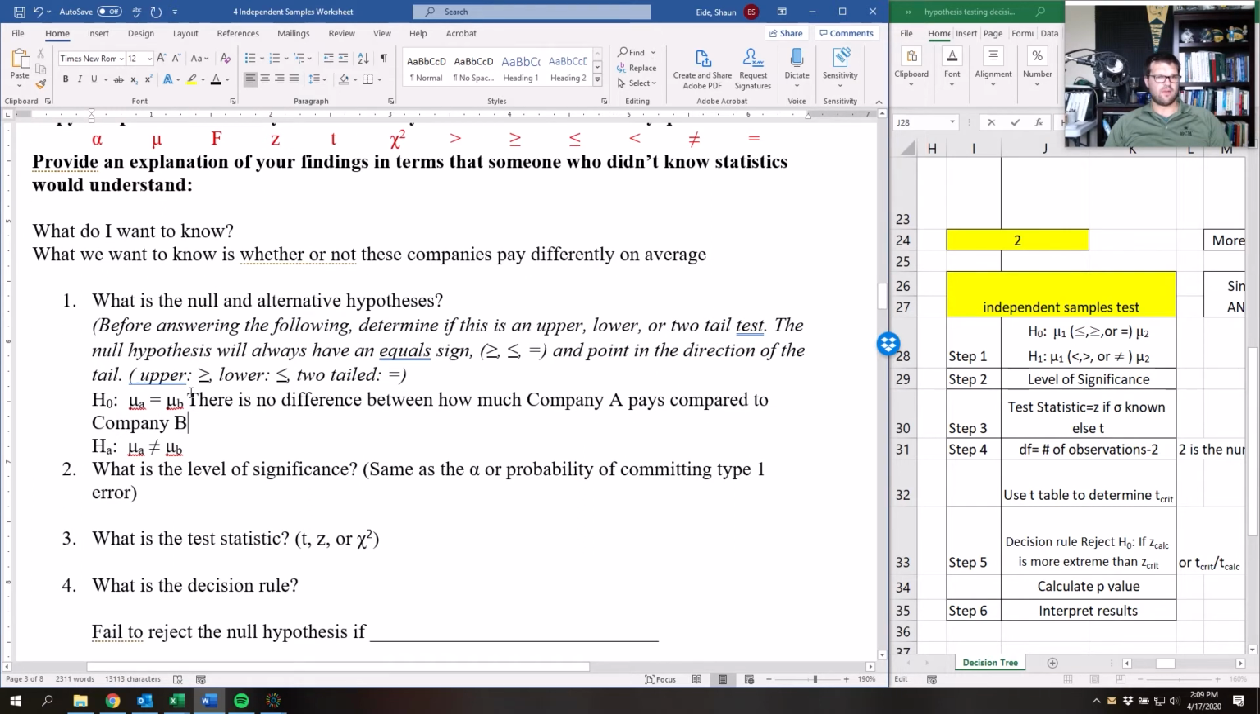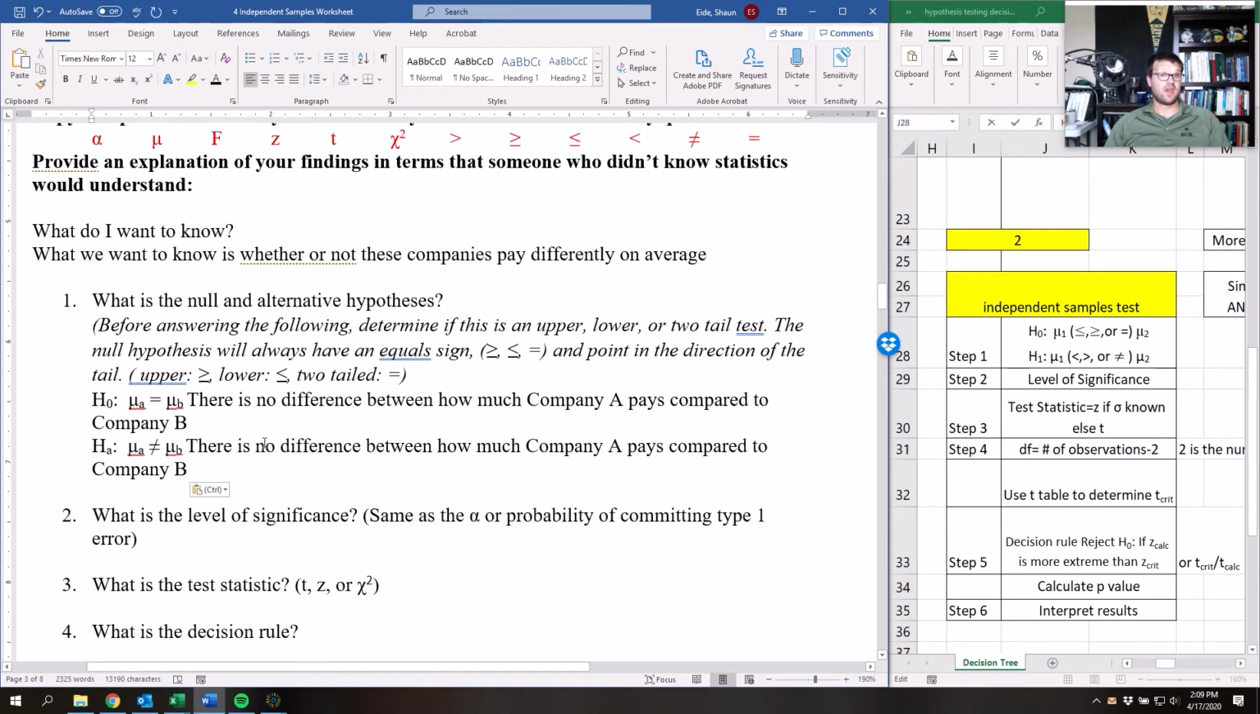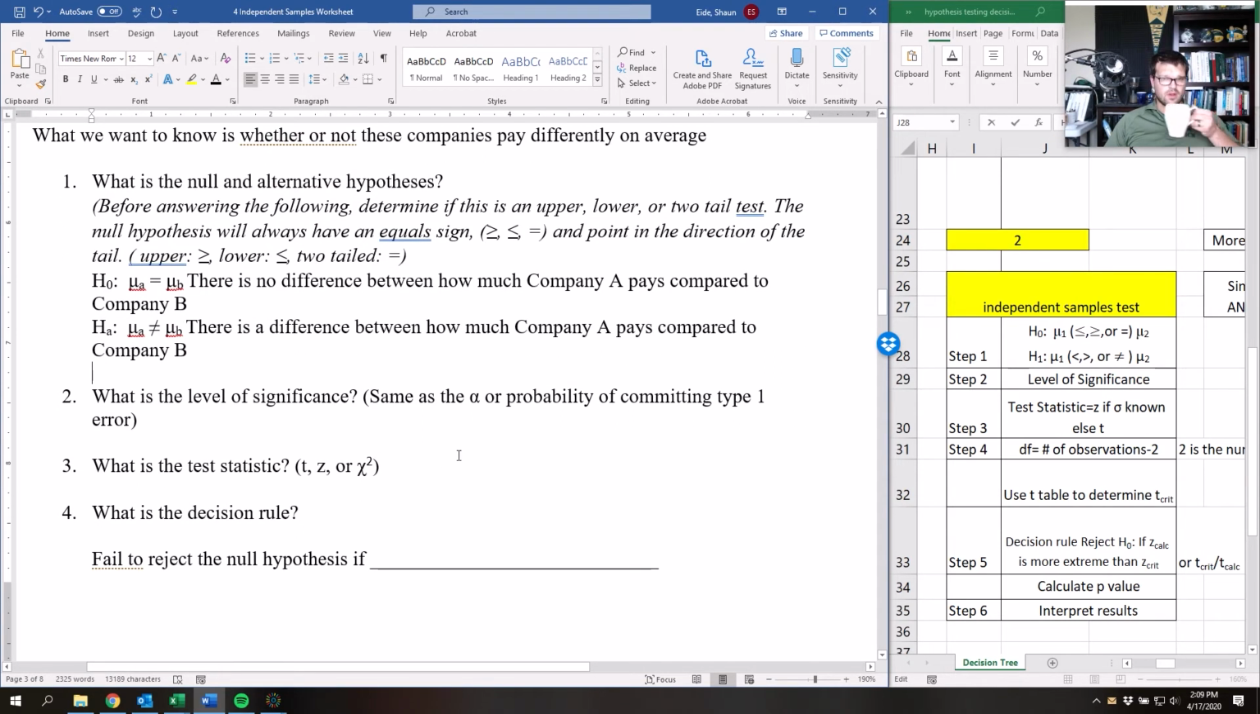And then the next one, for the alternative hypothesis, says that there is a difference between how much company A pays compared to company B. Okay, so the next question is,